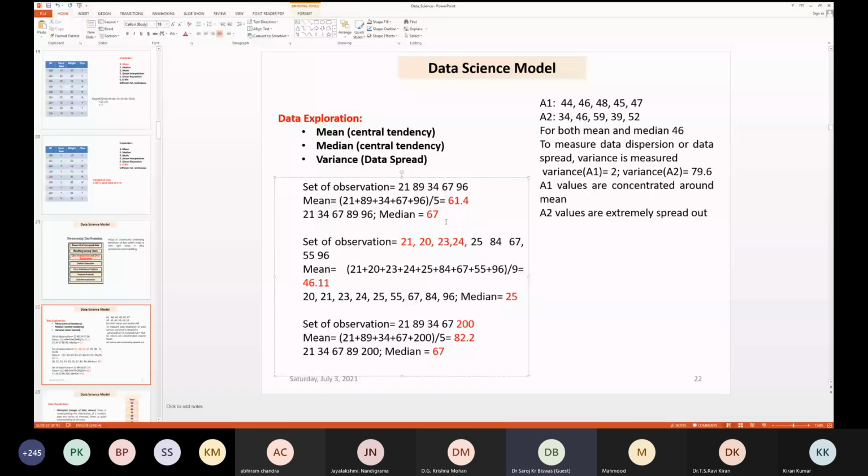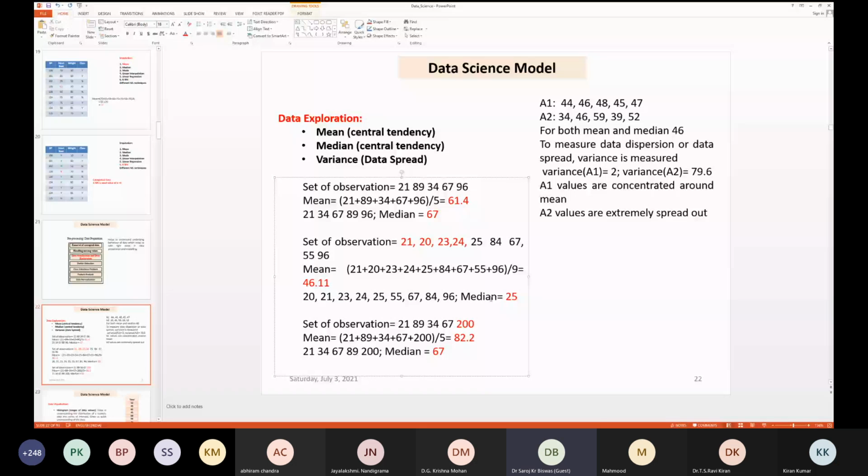Coming here, one more instance. We have a sorted list here, right? The values are 20, 23, 24, 25, 84, 76, 50, like that. This is our observation now. If we find the mean, it becomes 46.1. And the median? 25. So if there is a big deviation between mean and median, as we already talked about, the data are not